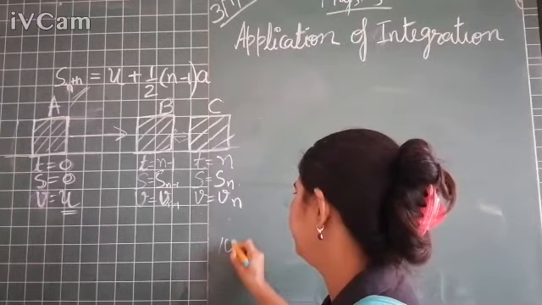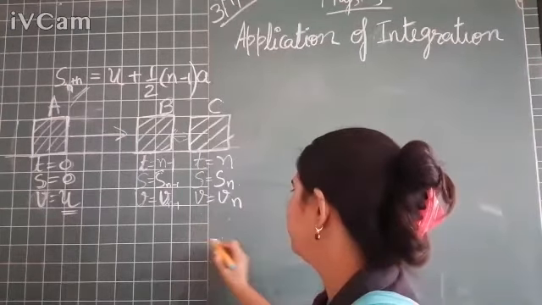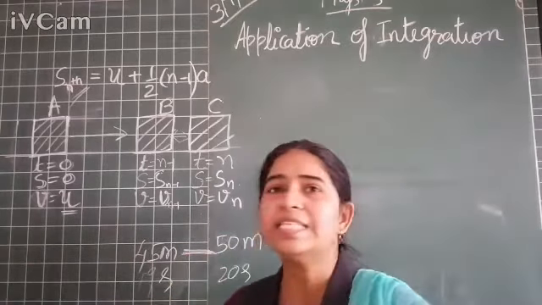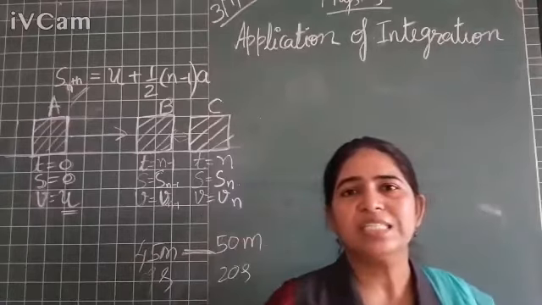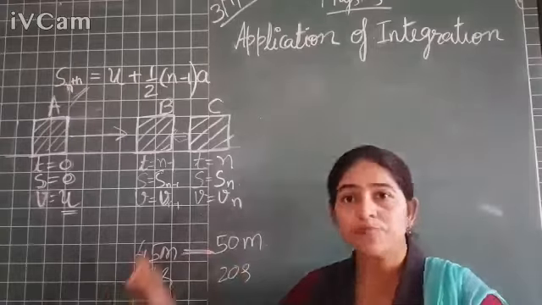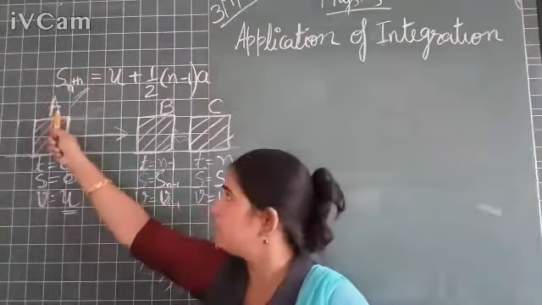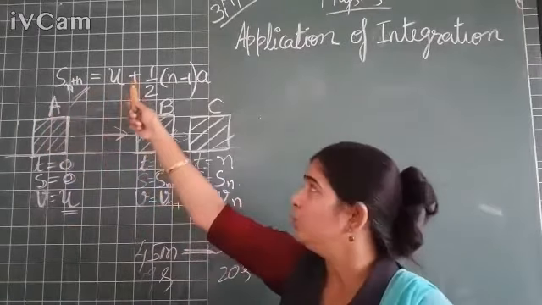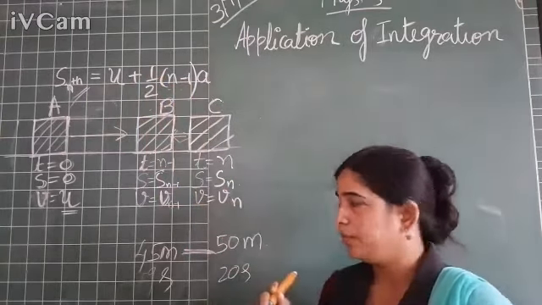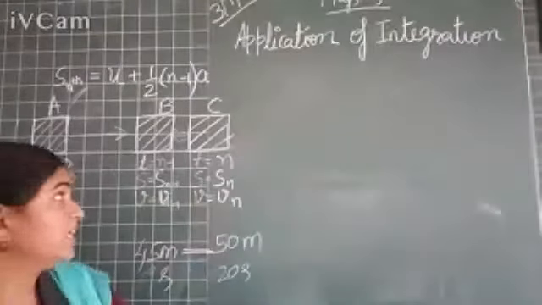So हम क्या find कर रहे हैं? We are finding that in the last 1 second, यहाँ पे 19 second है, यहाँ पे 20th second है. So इस 1 second में how much distance? What is the displacement? So how will you find out? 50 minus 45. So this is given by this formula, that is Sn equal to u plus half n minus 1 a. Right? So this thing we are finding out. So let's start with it, and let's see the derivation.